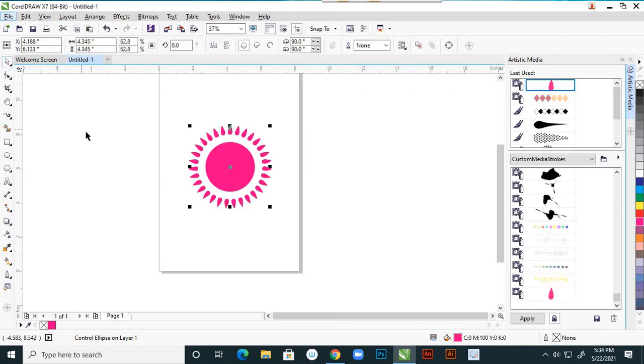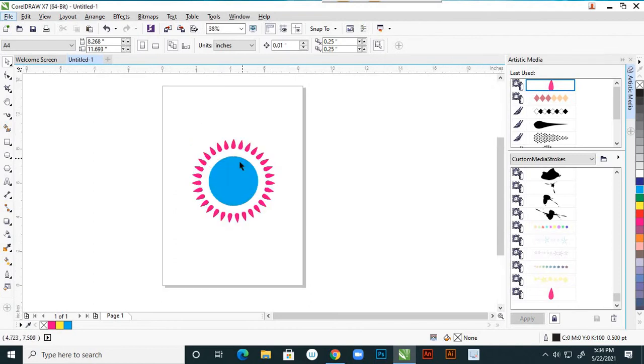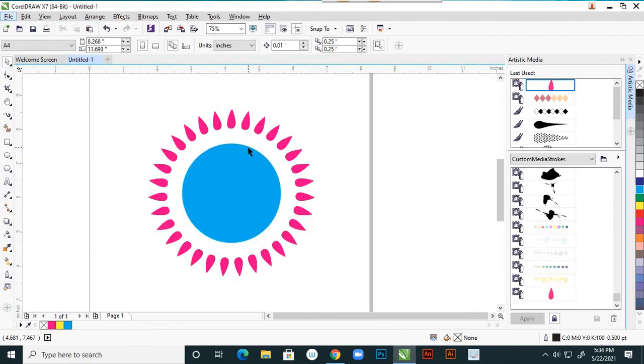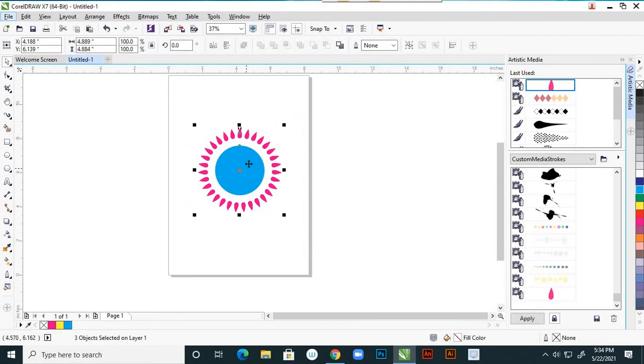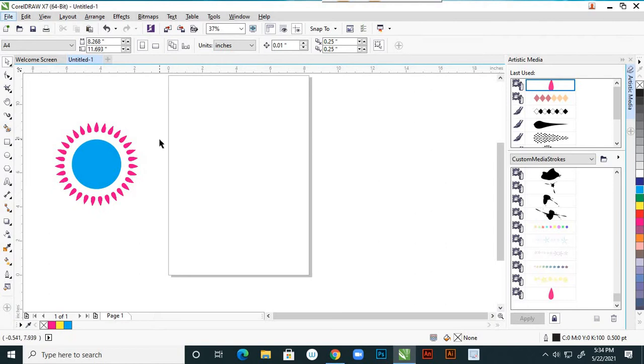Yes, I reduce this size, and if you want to give any color you can give this color instead of this, a blue also. So this is one kind of design, very easily we are creating these things, and you can group the objects. Keep this aside and now try to apply it to text.